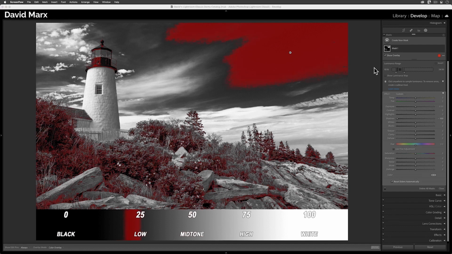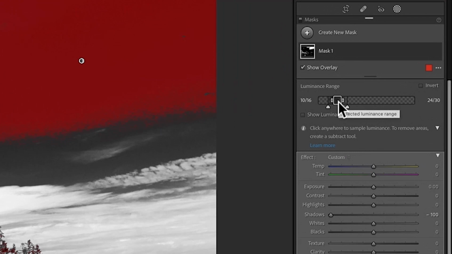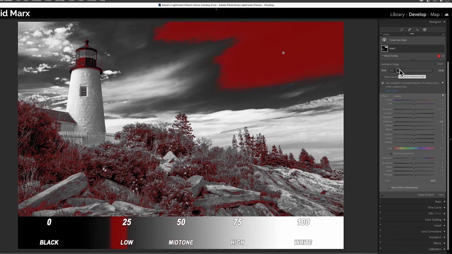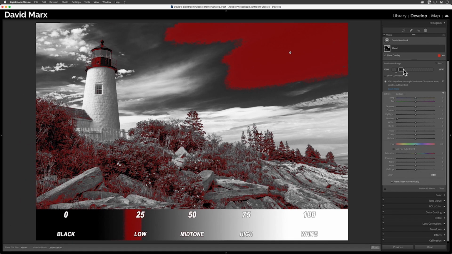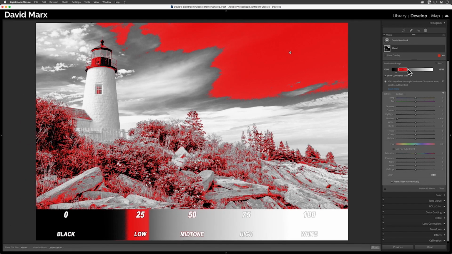Let me show you one more feature in here, and then we'll put all of this into practice with a real image. When I created this mask, I used the sampler, the eyedropper, to create a point sample. I could have expanded the range that I was selecting out by dragging a rectangle instead while the selector was active. If I put my cursor in here, beside these little gray bars, then these tiny handles appear. If I want a wider selection, then dragging these out would give me similar results. Wider selection, narrower selection. Moving these controls expands or contracts the zone that is 100% within our core selected area.